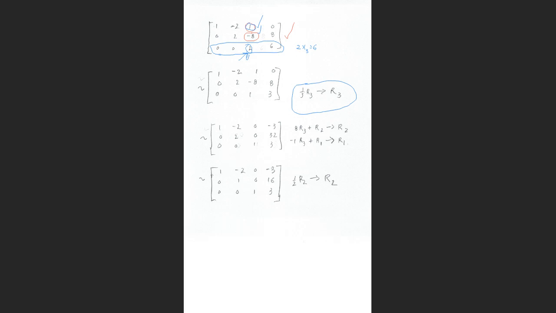I think I have a typo here. This shouldn't be a third. What am I doing? I'm not taking the third equation and multiplying it by a third. I'm taking the third equation and multiplying it by a half. That's right. So let me put a half here. Good. Okay, so I'm taking the third equation, multiplying it by half, and then replacing the third equation with